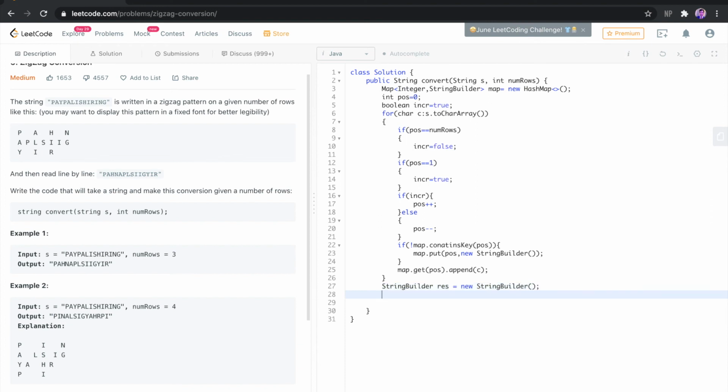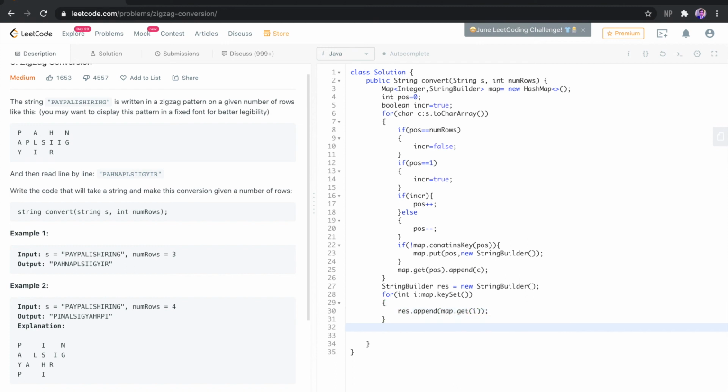Right, now we need to run a loop across all the key values inside our hash map, and once we reach every index position, we simply have to append the value that we get at the ith position.